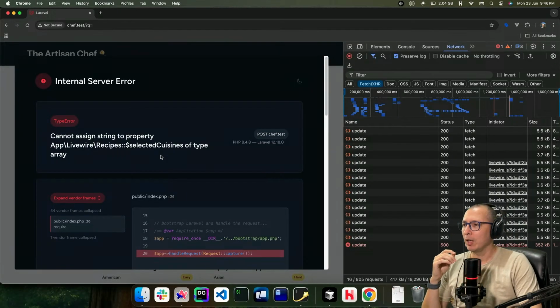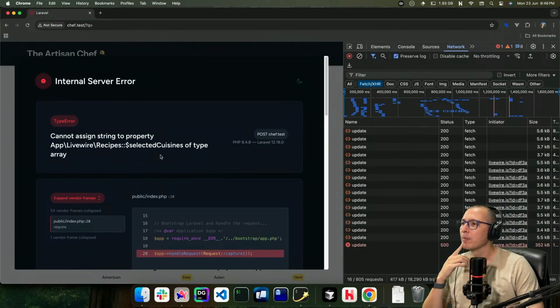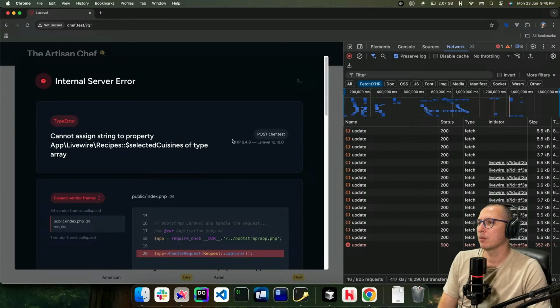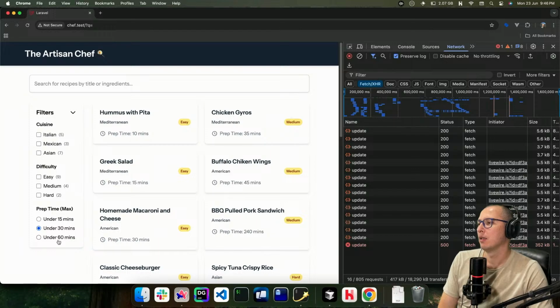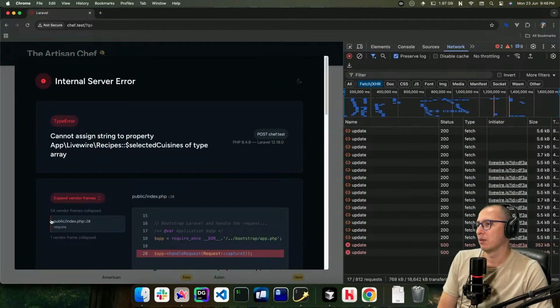Ew, we have a big error. Cannot assign a string to property. We can work on that bug later. Okay.